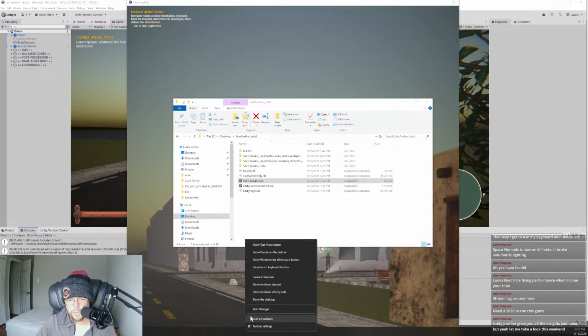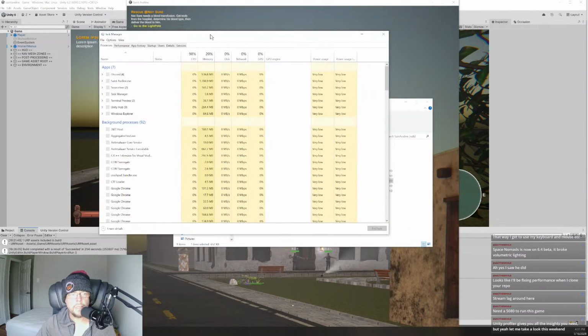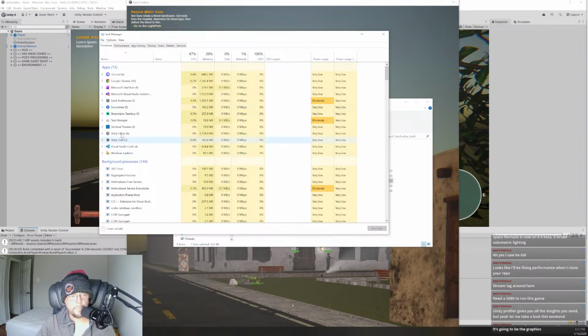But the other thing I want to look at is if we go over here in the task manager, let's look at the RAM. Let's see if the RAM is creeping up. Unity Profiler gives you all the insights you need, but yeah, let me take a look at this weekend. I think it might be the graphics. So wait, okay, so look, the RAM is